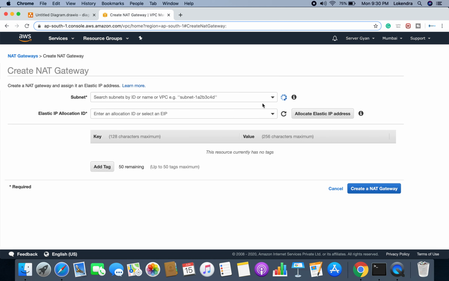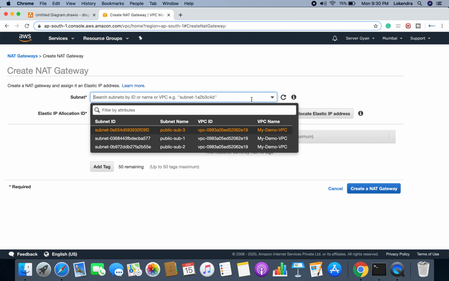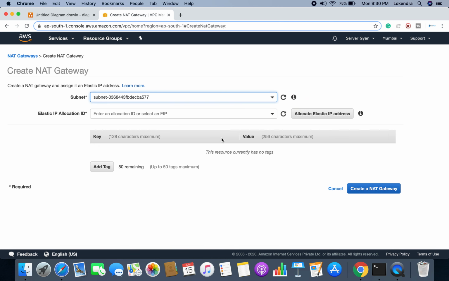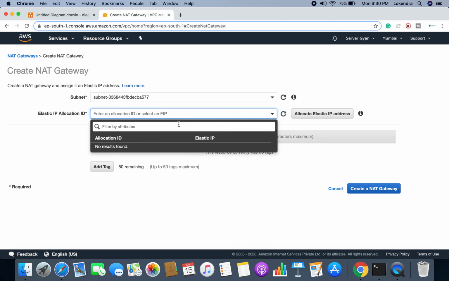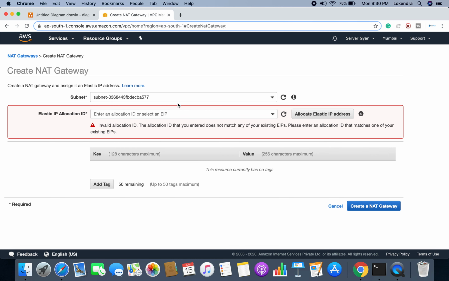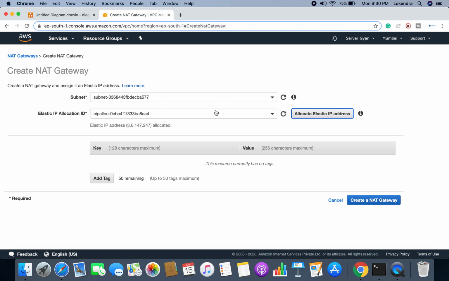Fine. Now what I'll do here, I will create a NAT gateway, and after creating a NAT gateway, I'll associate that NAT gateway with this route table. Now where I'm going to create this NAT gateway, keep this in mind, any of the particular subnet which is behind the internet gateway, we need to create this NAT gateway there. Fine. So I have selected a subnet here. I do not have an elastic IP address, and guys keep this in mind, your NAT gateway works with elastic IP. If you do not have one, then you will have to create one.